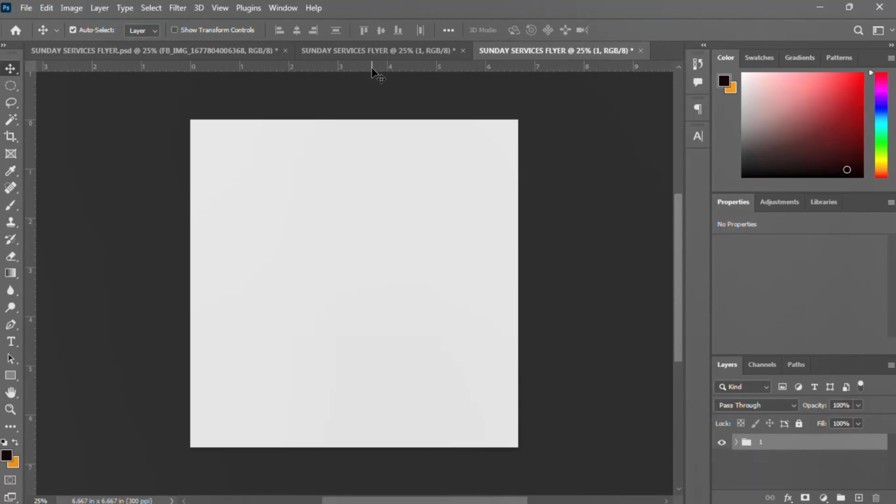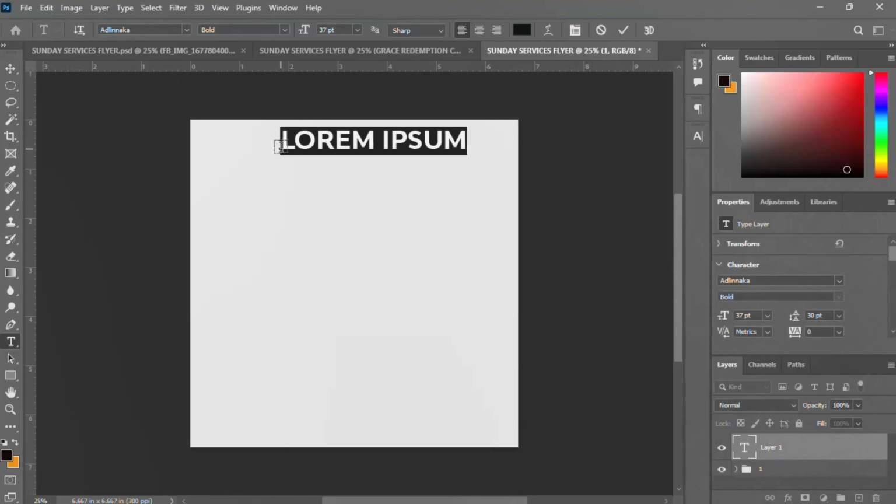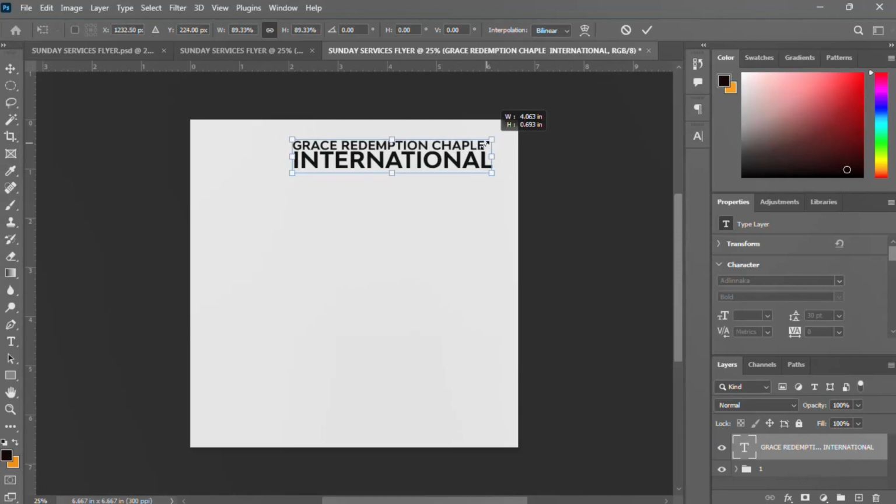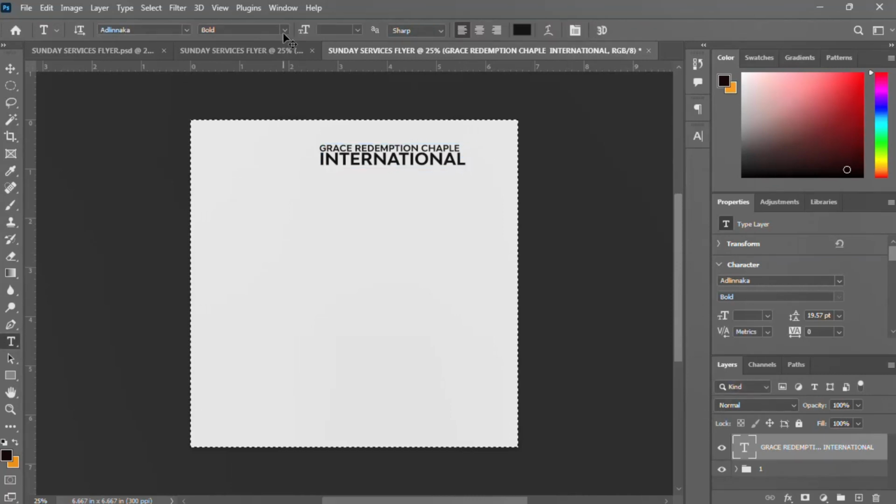Now let's set the name. Let's begin with the text. So the name is copied. Control V to paste it nicely like this. Control T. Let's reduce the size. Now you hold Alt and then drag the edge like this to reduce the size. Control E, and then to select it,